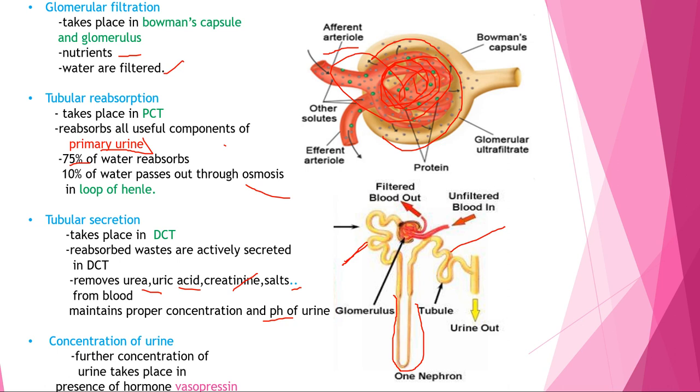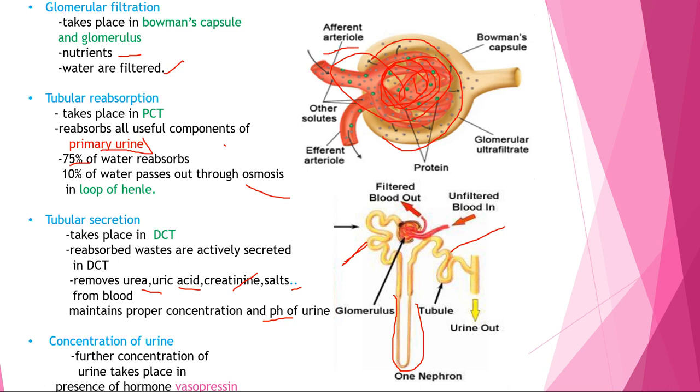Okay, so if this vasopressin is absent, what happens? It leads to excretion of excessive dilute urine. So this is the diseased condition. If a person excretes a large amount of dilute urine, more water and salts will be excreted out from the body, so the person goes into a diseased condition. That diseased condition is called diabetes insipidus. So vasopressin is a hormone which is very important in the body.